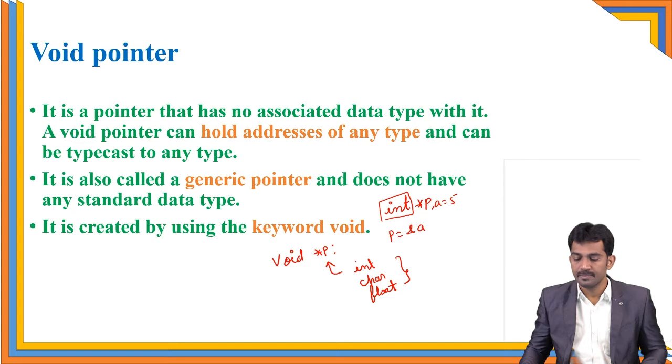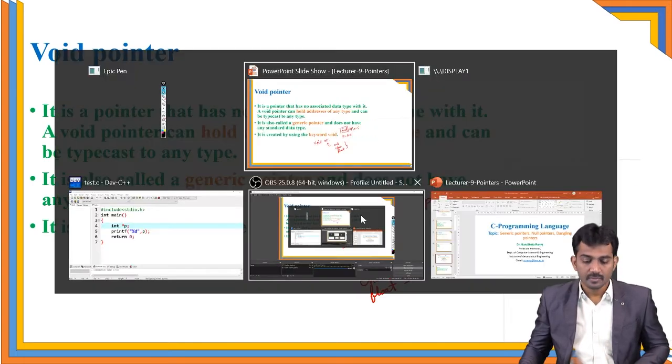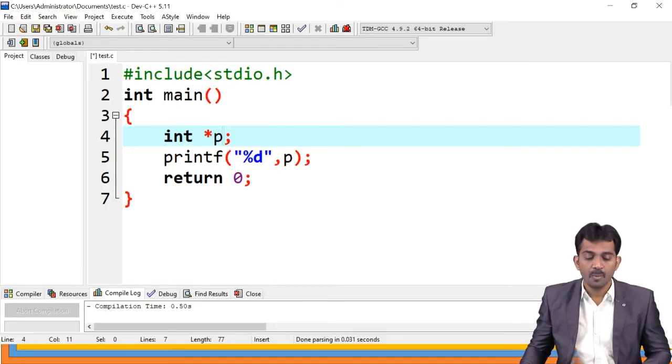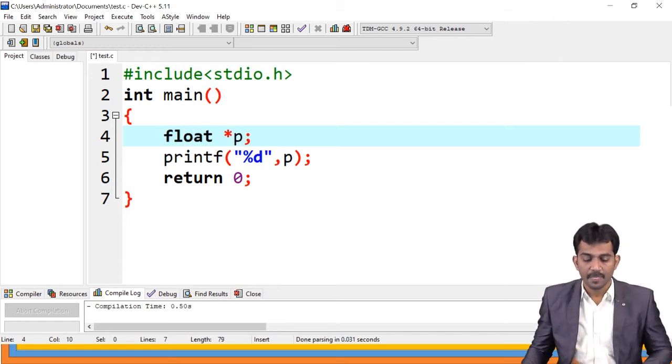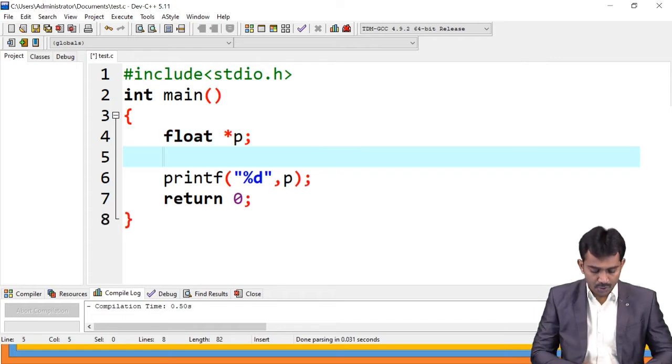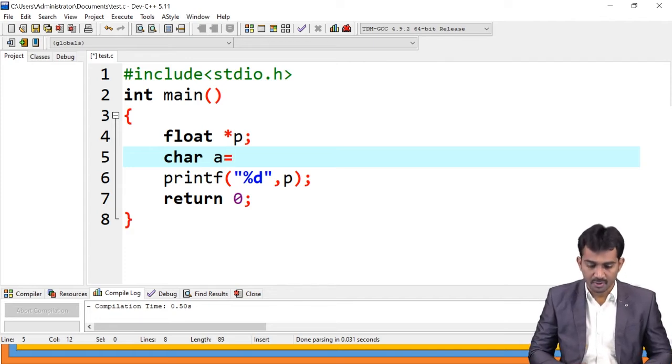For example, see here I'm going to take int *p, so instead of that, float *p, right? But I'm going to store the character type: char a equal to 'a', right?